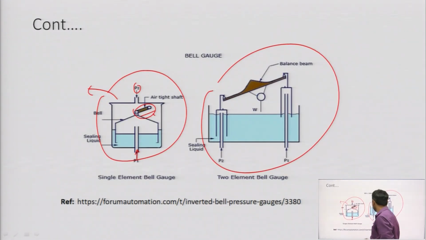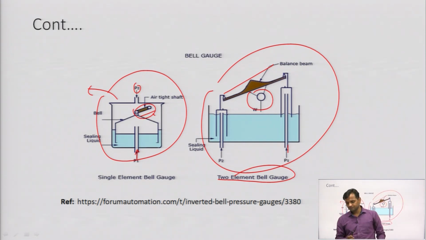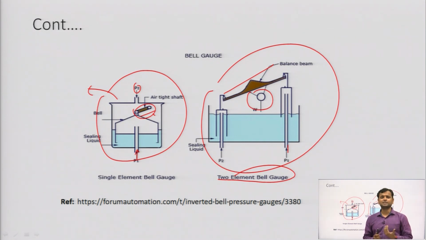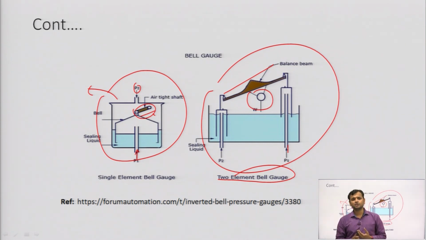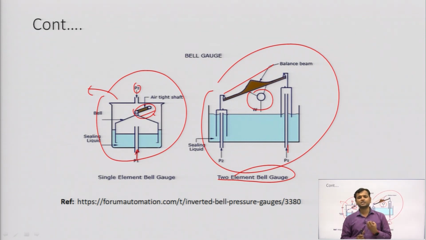It can also be classified as a 2 element bell gauge. Here you can see that the differential pressure is caused by the pressure we apply from one side, and because this is inclined, it is called an inclined and inverted bell, with pressure P2 applied from there and one weight over there. So, we need to balance this, and that pressure difference can be measured with the help of pressure measuring indicating instruments, which we have also discussed in the previous slides.